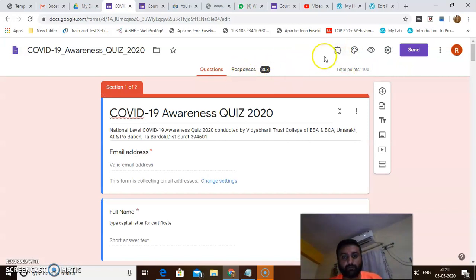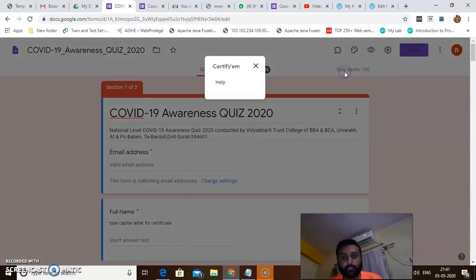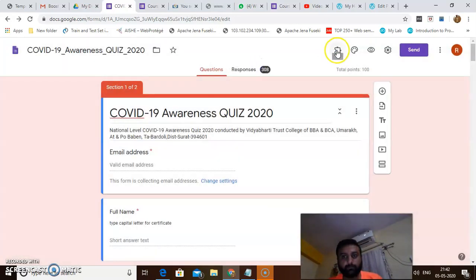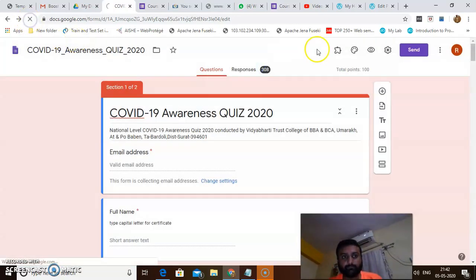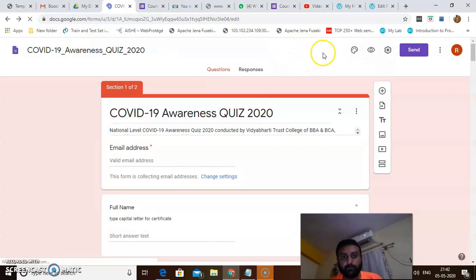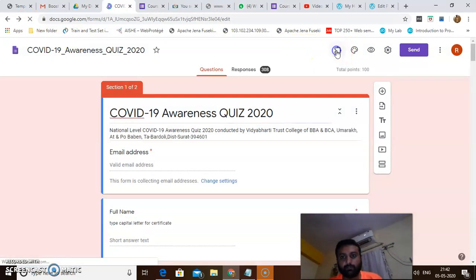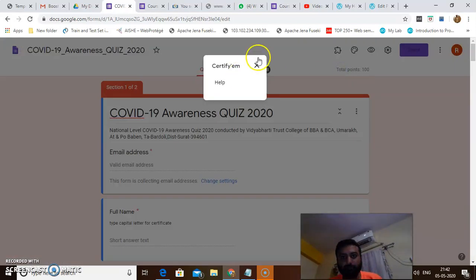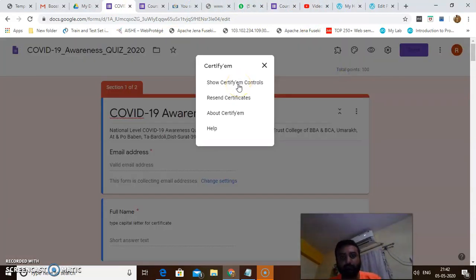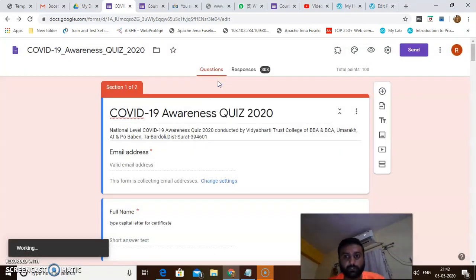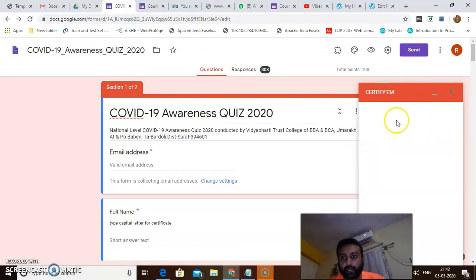Now you can go to Certify'em and click on show certify control. Here there is one option, and you can attach your certificate.